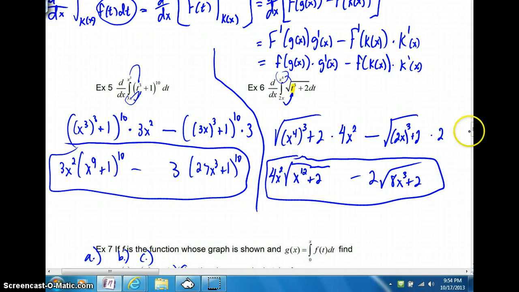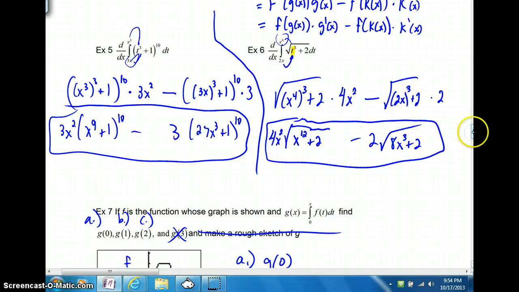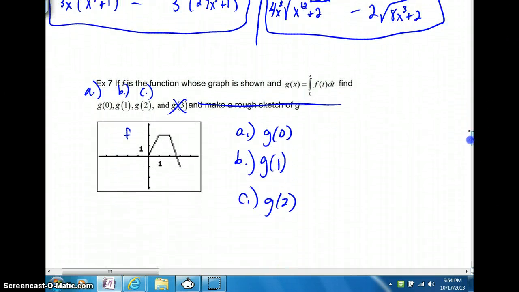All right. So, as we're taking a look at our last accumulation function, you could be given a graph of f. And an accumulation function, g of x, is the integral from 0 to x. Let's see, for part A, could we find g of 0? Substitute this in. Look at this, 0 to 0 of f of t dt. We don't even need this graph to see. When I plug in a 0 for x everywhere, 0 to 0 we saw yesterday, that's just going to be